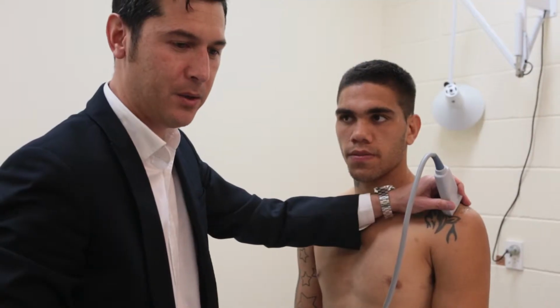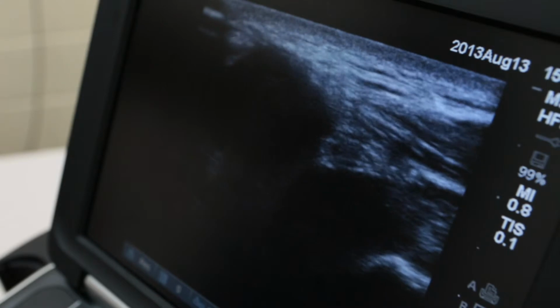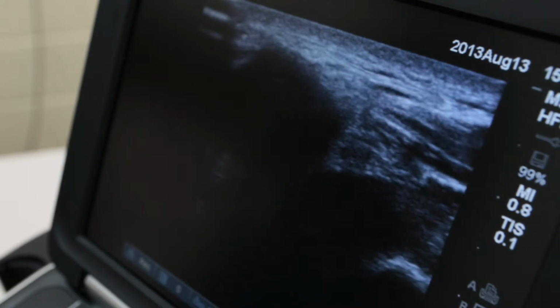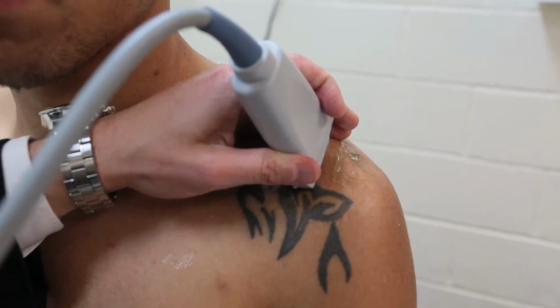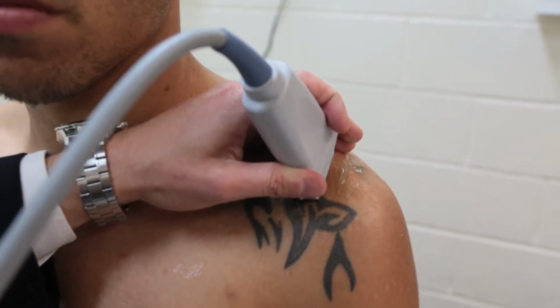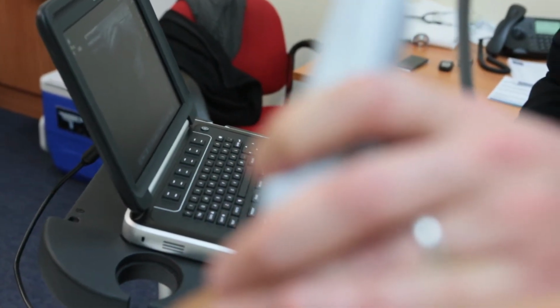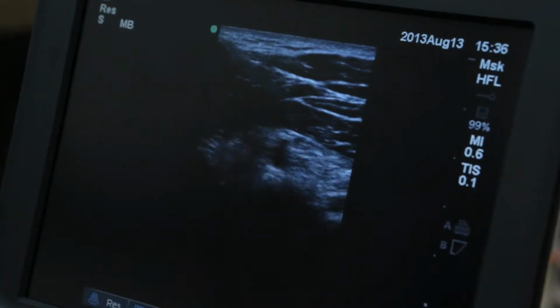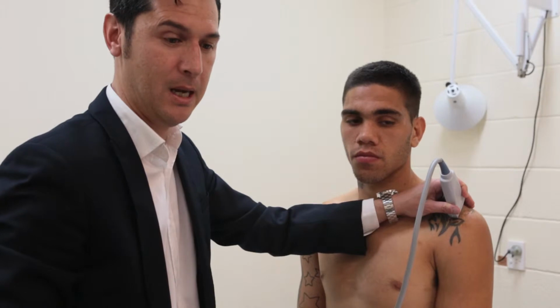Okay, we're looking at Michael's acromioclavicular joint. And the difference between injuries in AFL players and, say, the general population is that in addition to inflammation in the lining of the joint, they also get problems with the capsule as well as some of the adjacent ligaments. And so the utility of the ultrasound in doing injections in this region in AFL players is that we can get a beautiful injection of both the AC joint, the joint capsule and the adjacent ligaments to give them optimal